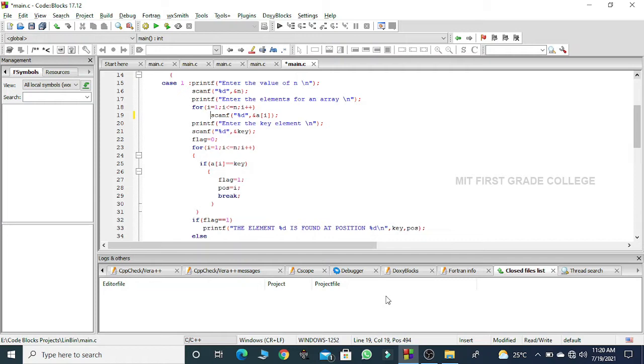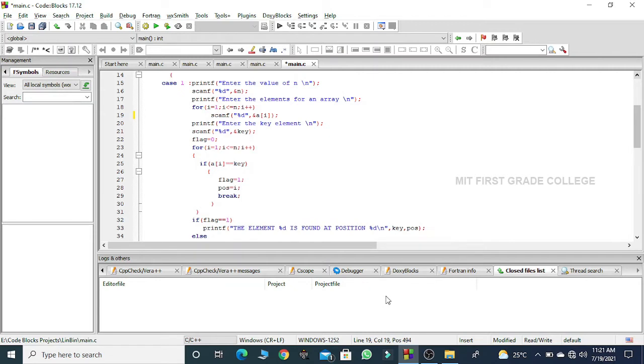Now what I do is I pick up each and every element inside my array one after the other and compare it with the key element. That is what is happening inside this for loop. For i equals 1, i less than or equal to n, the condition will be checked whether i is less than or equal to n. If the condition is true, I enter the for loop and I compare if a of i, which is a of 1, is equal to the key element.